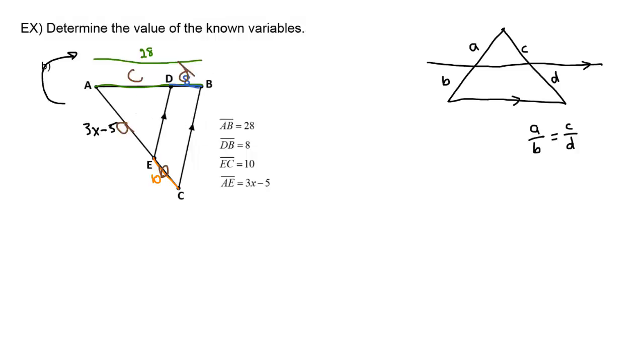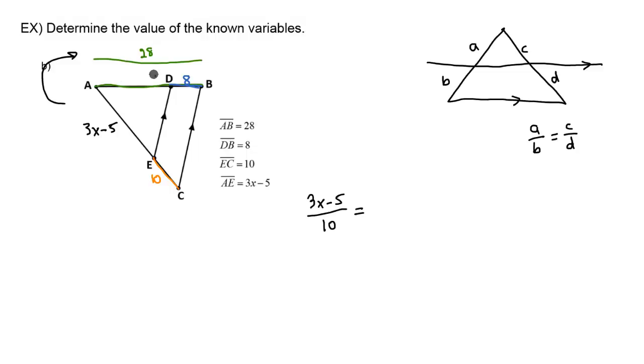So now that you see those letters, let me erase it so it doesn't look so cluttered. Alright, there we go. So let's set up my proportion. My A value was right here. It was AE, so we're going to do 3x minus 5 divided by our B, and our B was down here. That's going to be EC, which is 10, set equal to